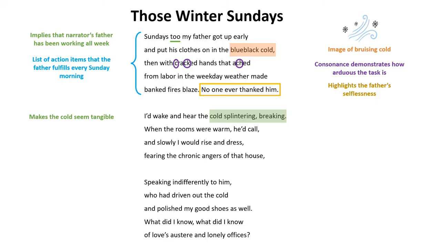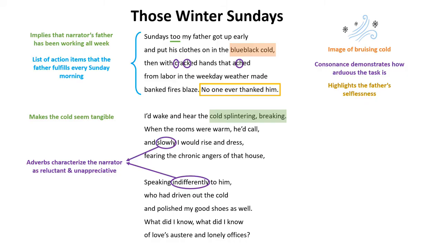We have multiple adverbs such as slowly and indifferently, which are descriptive words that characterize the narrator as reluctant and unappreciative. These adverbs provide more insight into the narrator's lack of enthusiasm when talking to his father as a child, not realizing that he, too, was contributing to the emotional coldness and distance in this household.